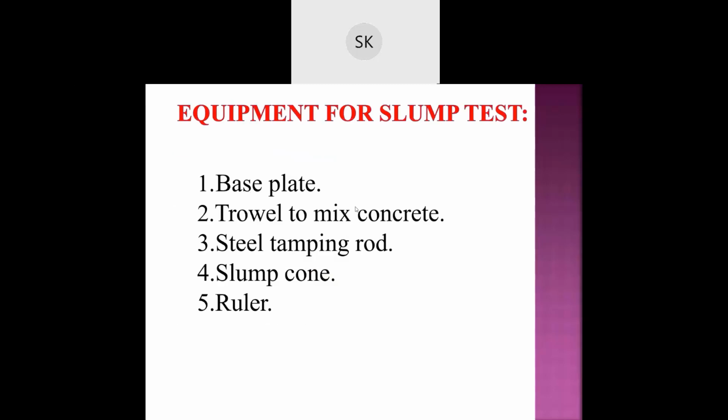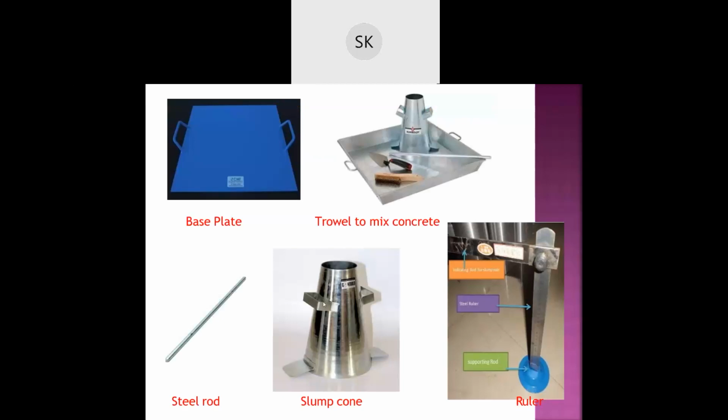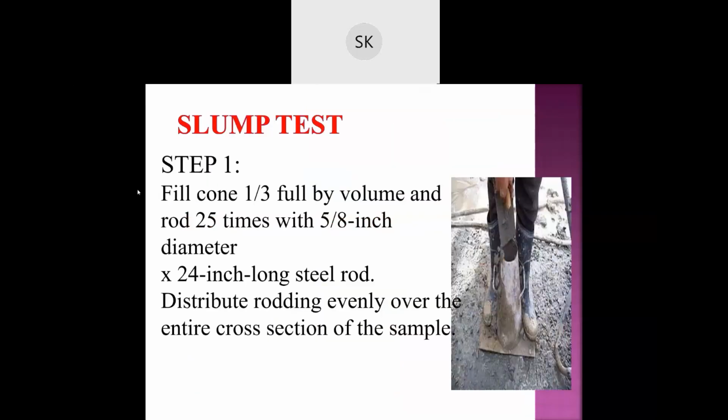These are the equipment required for the slump test. This is the slump cone, steel rod, base plate, and trowel to mix concrete. This is the ruler. You can see the height. This is the procedure: fill the cone one-third full by volume and rod 25 times with a 5/8 inch diameter rod.